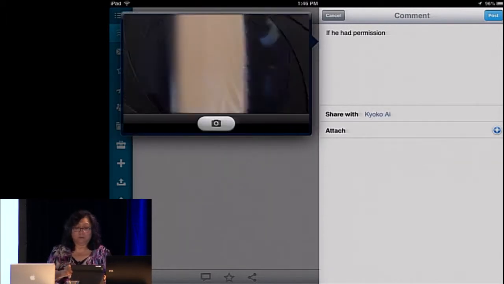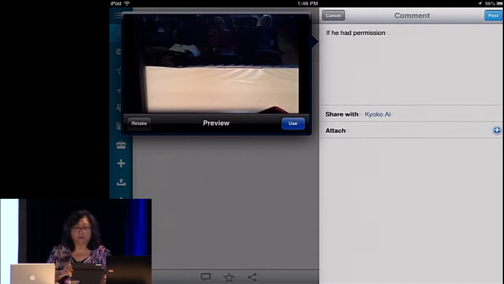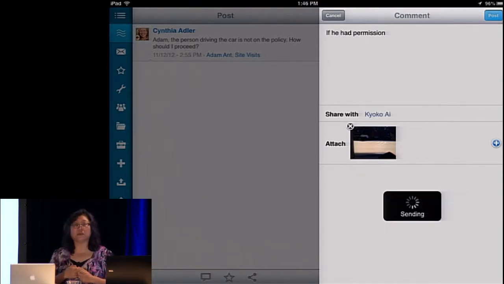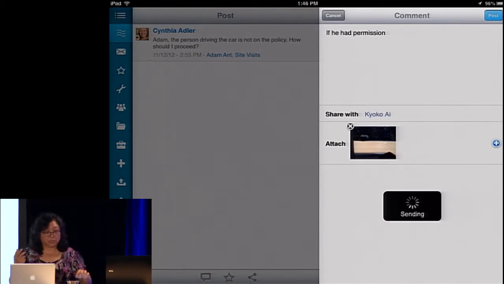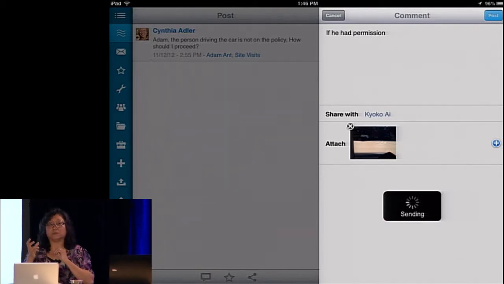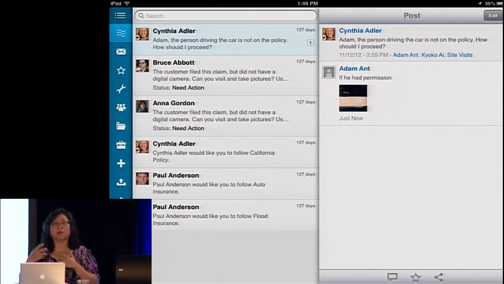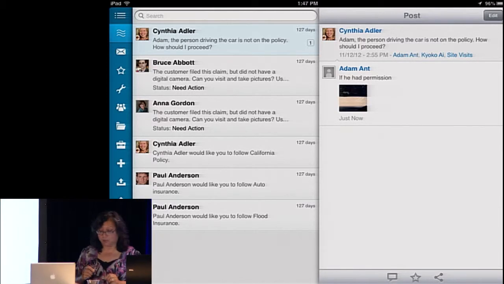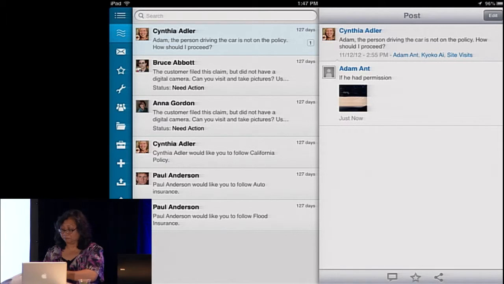Take photo. I forgot to hit use. Use, yes. So again, pretty simple stuff, pretty normal stuff that you would expect from most social types of applications. One of the things that we did find that we needed to do for Touch is make sure that we hit the mark with social apps, because that's a big part of the people that we wanted to engage, and we knew we needed to do right by all that.